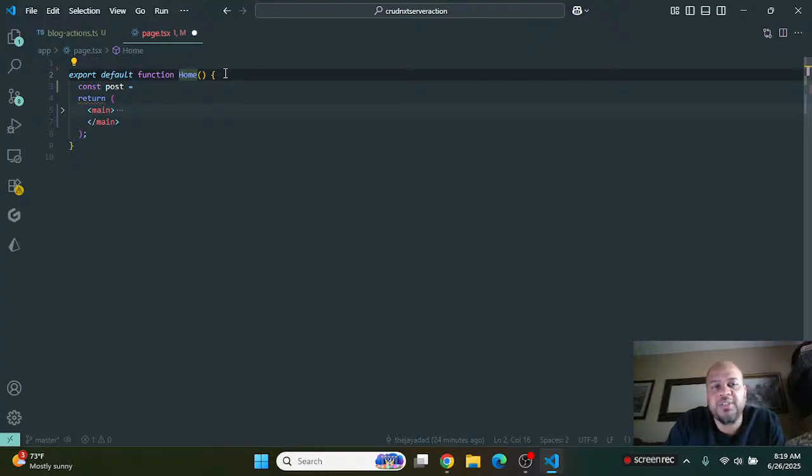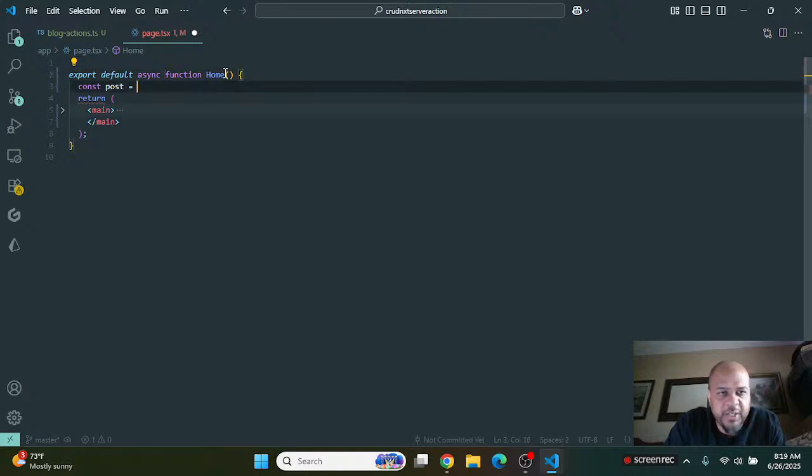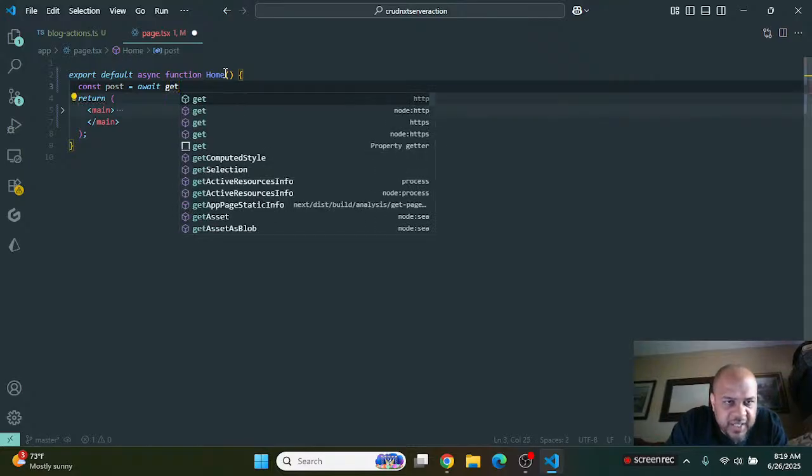So if we go up to the name of the function where it says export default, just add async between default and function. And then within the home function, we're going to assign post to await. And what we'll be awaiting is to get,